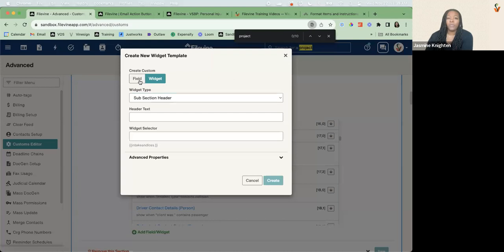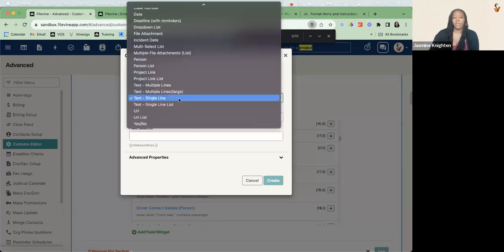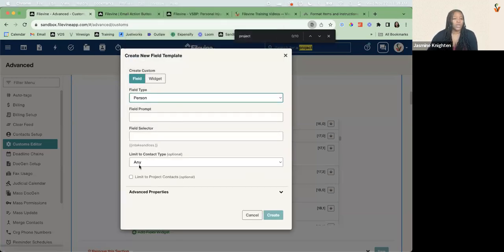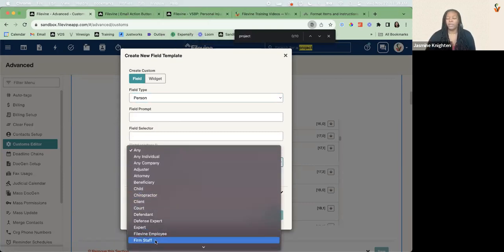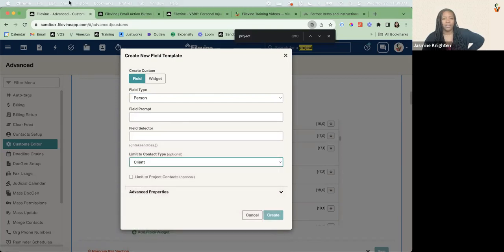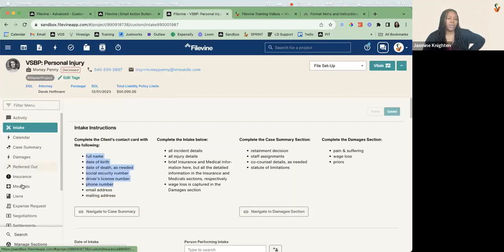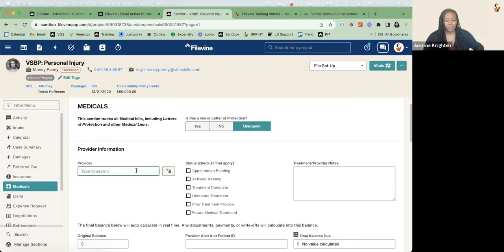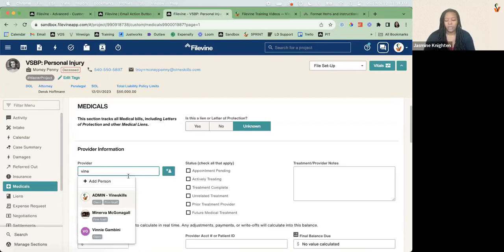Perfect. And then one thing I did forget to mention here in our field types is that our person fields also have the ability for you to limit to a contact type. So for instance, if I'm in a medical section and I only want to see providers from my contact card, I can limit it based off of those contact types that you can edit in Customs Editor. And I can say, I only want this to show for my client contacts. So if I go into, and again, I think we have one in medicals, which is why I keep referencing that. Add new item, provider, and I start typing in,